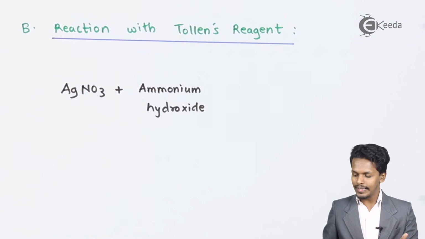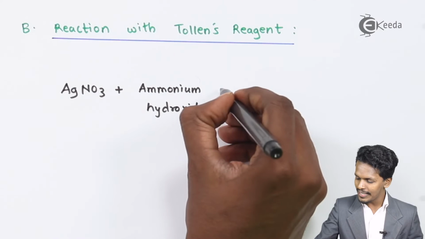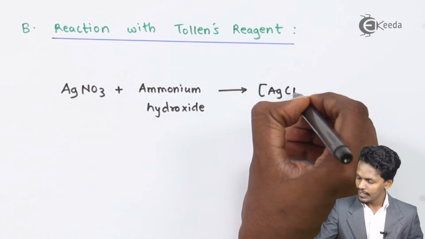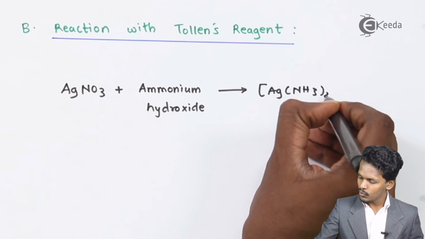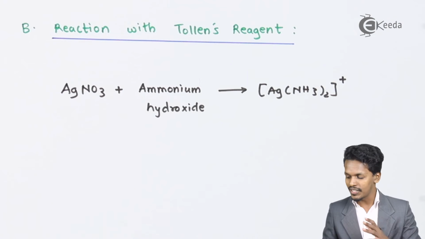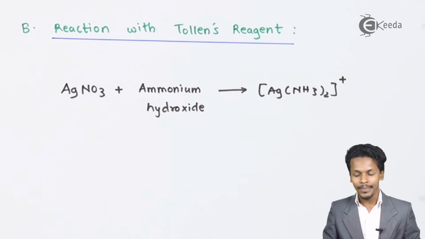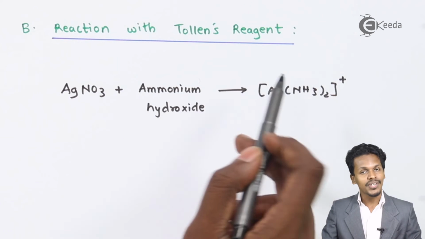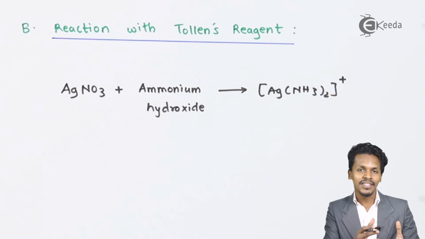So whenever these two things combine with each other, obviously they will form a complex, and that complex is nothing but Ag(NH3)2, and here the oxidation state or the oxidation number of this complex is +1. So this is the complex that we have. So this is nothing but the Tollens reagent,